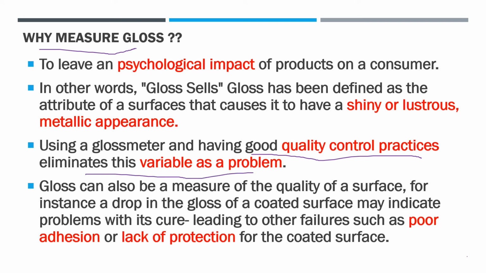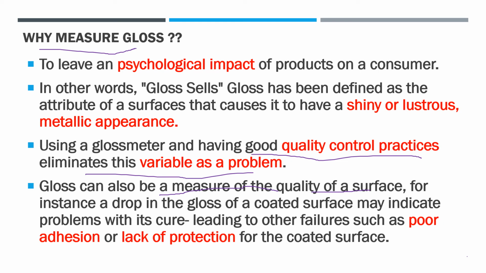So in some lots, if you are not getting proper quality with the gloss product, and if it is over curing, then the curing and other parameters of the processing can impact the product quality. If you check the gloss, then you can resolve that issue, because you know that's why you're not getting the proper gloss. So in that way the glossmeter will play a major role. Then gloss can also be a measure of quality, and by the gloss you can measure the quality of a surface as well. Means whether your surface is rough, smooth or well polished, or looking shiny or not.